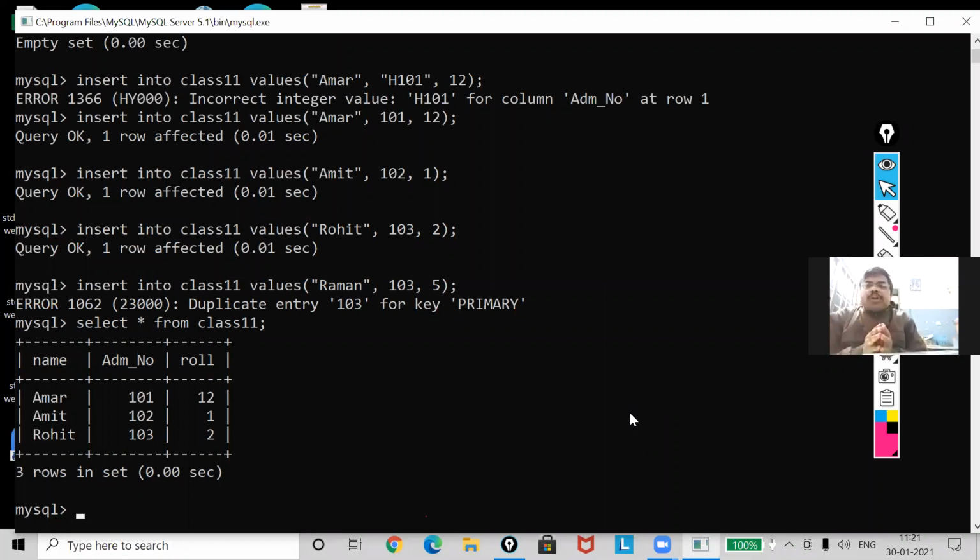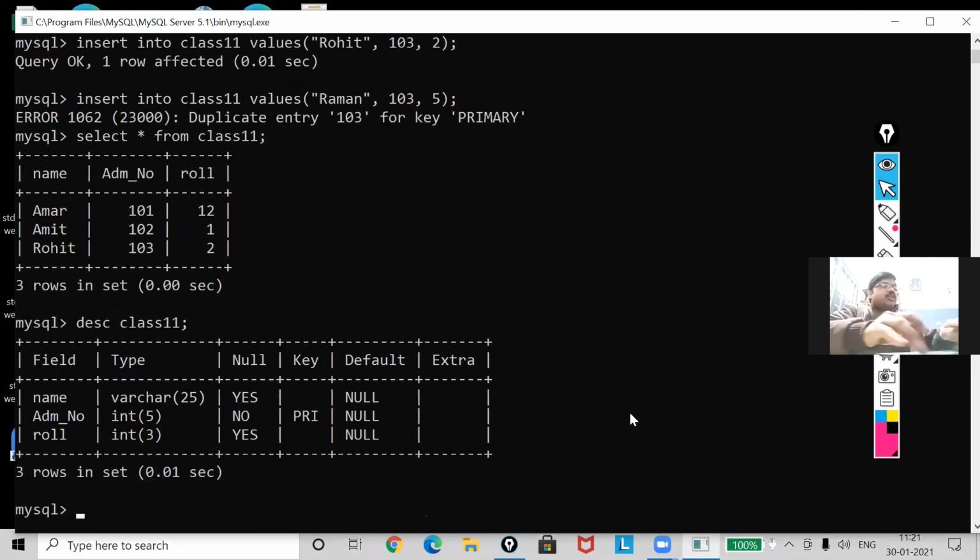Now I am going to use the alter command. Using alter, I am going to change the structure. Okay, how you see alter, but before that let me write desc class 11 so that you can know it. Here's the structure. Now I'm going to change it. I will use alter table. What is my table name? Class 11.